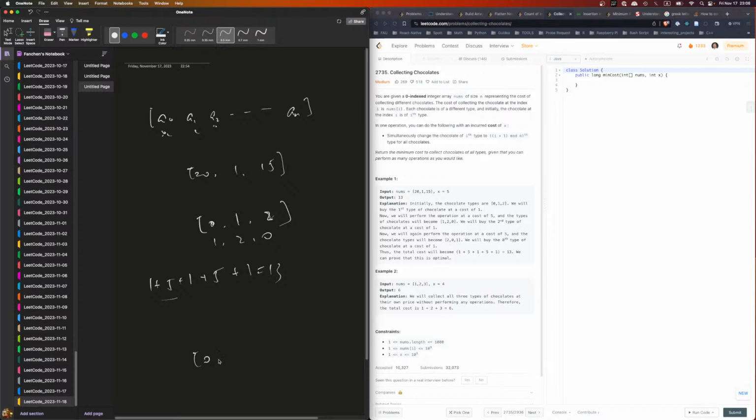Okay, so again we start with 0, 1, 2. And we have 1, 2, 3. So we will buy this, shift once, buy it, shift once, and then buy it. And it tells me the answer is wrong. Because by doing this, you will take 1, 2, 3 plus 8. That's 11. But if you just pick them up,